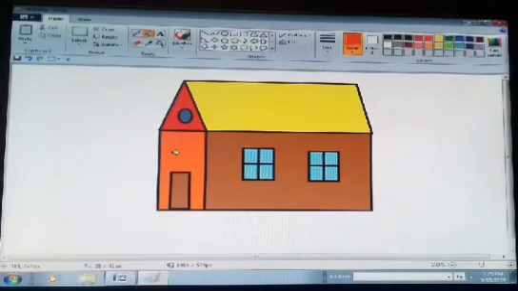Okay, so dear students, first of all you have to draw a house as figure 5.3 that I have already drawn, and then after select any part of the house that you wish to cut with the help of select tool. Okay students, then after you have to select any part of a house that you want to cut.